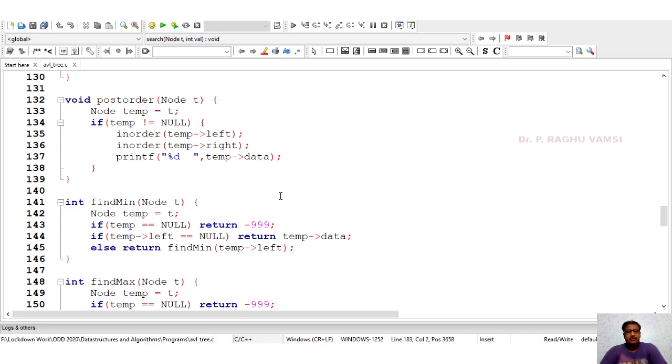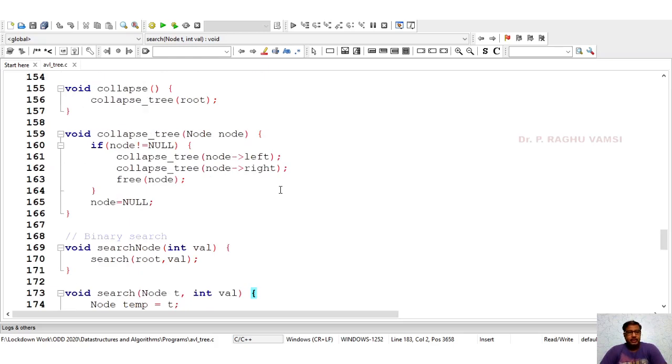That is, the height of the left subtree minus the height of the right subtree should be less than 2. This particular constraint must be maintained in the insertion operation. It is not only true for the insertion operation, but also for the deletion operation.